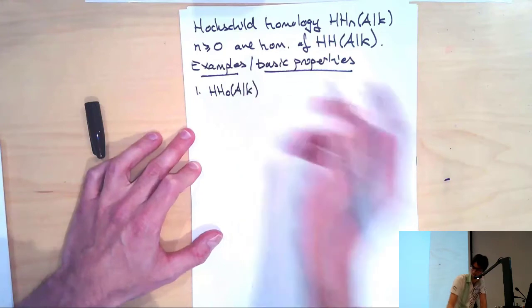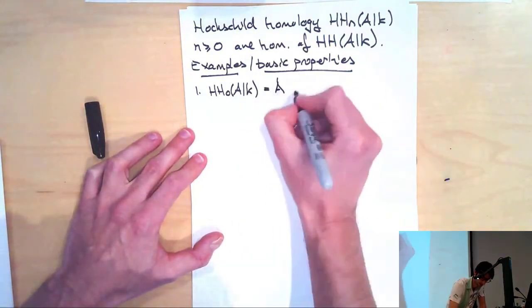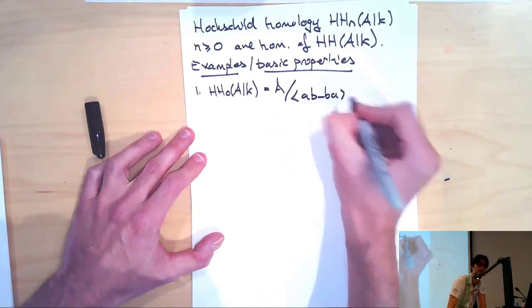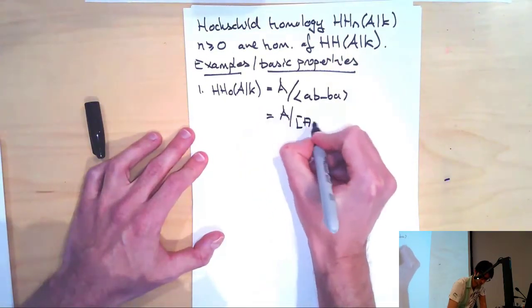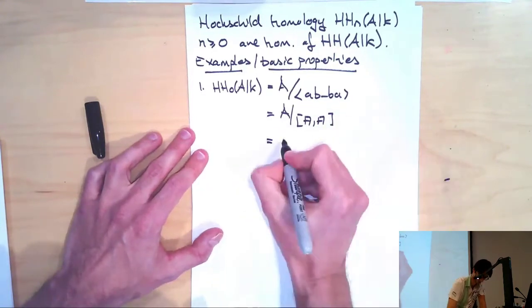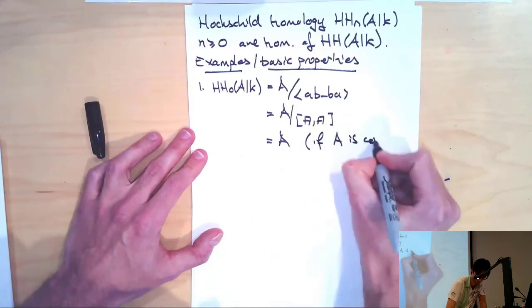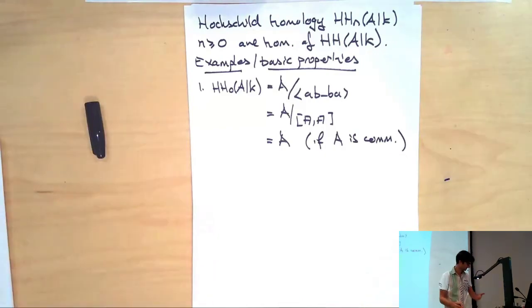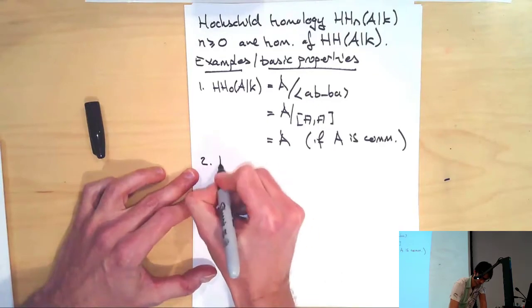So this, by definition, I'm just modding out A by the image of the first boundary map. That's to say I look at everything of the form AB minus BA. So that's what you'd call A modulo its commutator. But as far as I'm concerned, non-commutative rings don't exist, so this is just A. And I think basically from now on, A will be commutative. Maybe I'll write a couple of things in greater generality. So sticking with this commutative case,